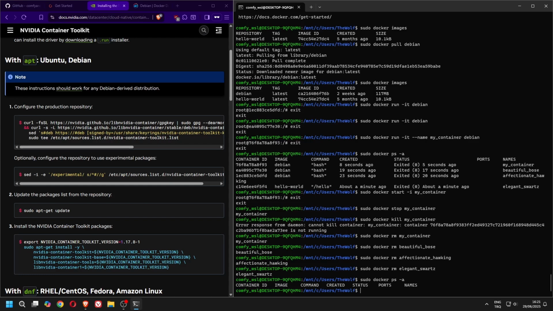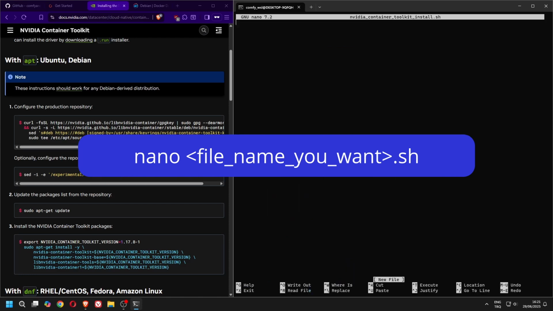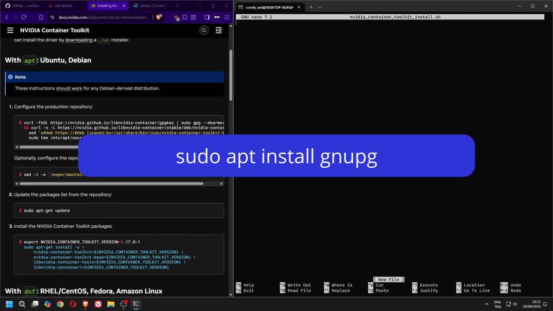Let's head over to NVIDIA's official guide website. There are a lot of commands here, so let's again create a bash script to automatically run them. I'll use nano again. We need to install a package called GnuPG, which is required during the installation process, so we'll add that command to the beginning of the script.